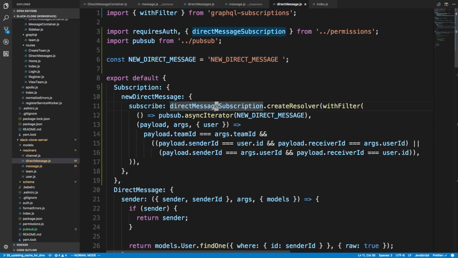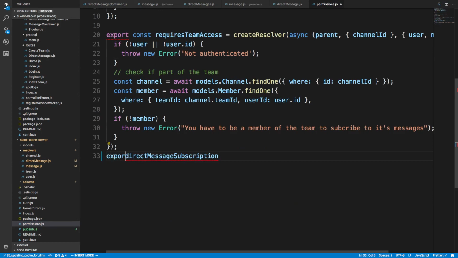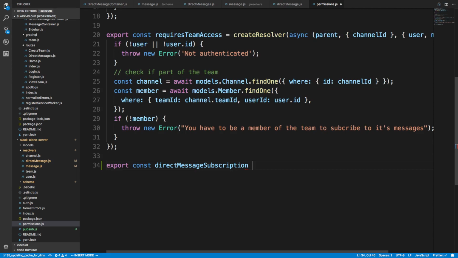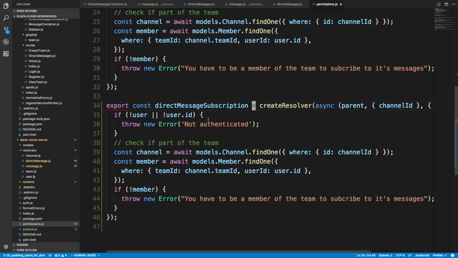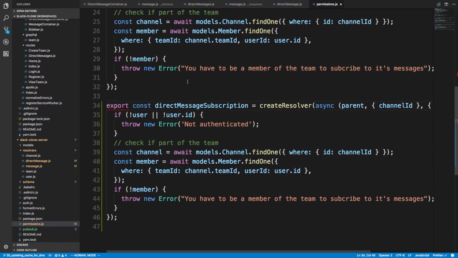So let's create also our permission right here, the direct message subscription. So that's going to be in our permissions over here, and we're going to export const, and I'm just going to copy this because it's going to be very similar. So we need to think about who do we want to allow to subscribe to this, equal sign. Who do we want to allow to subscribe to this messaging that's happening between Bob and Tom? So it can only really be either Bob or Tom subscribing to this, and Bob and Tom have to be part of the team. So what we're going to do is